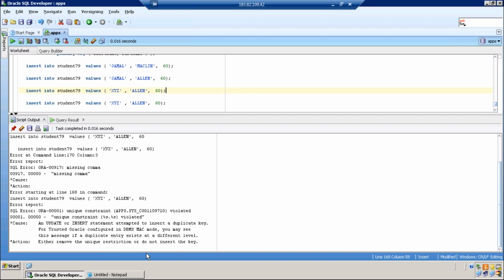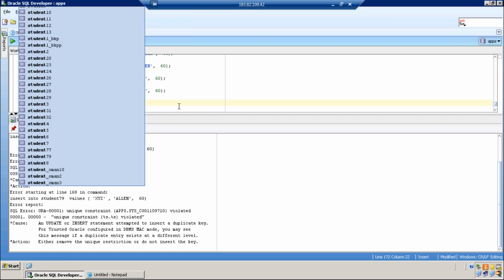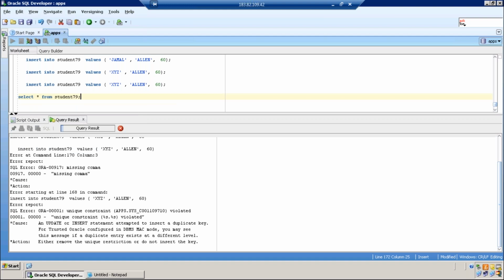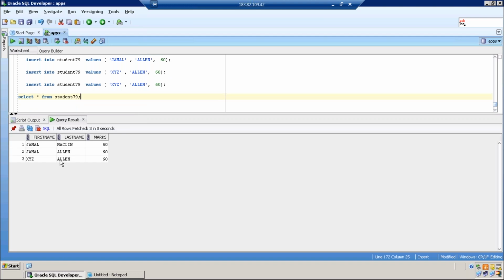Unique constraint violated. Got it? When you write select star from student 79, the combination is always unique. Practically, in which scenarios is composite primary key used?